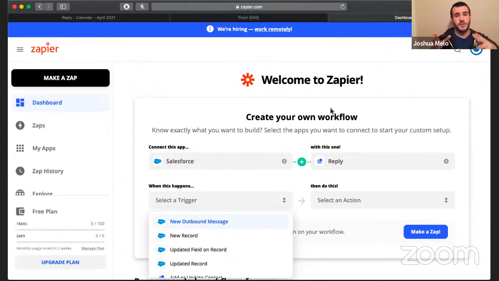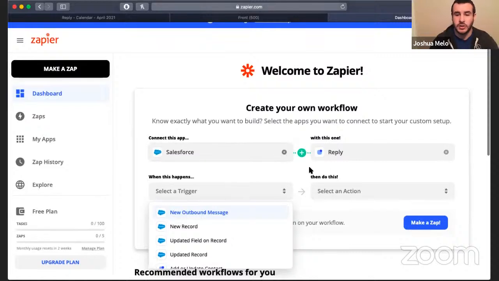The main difference between the step in the actual sequences and the normal Zapier connections is when the actions are triggered. So on Zapier, you will select your tools. Right now I have Salesforce connecting to reply.